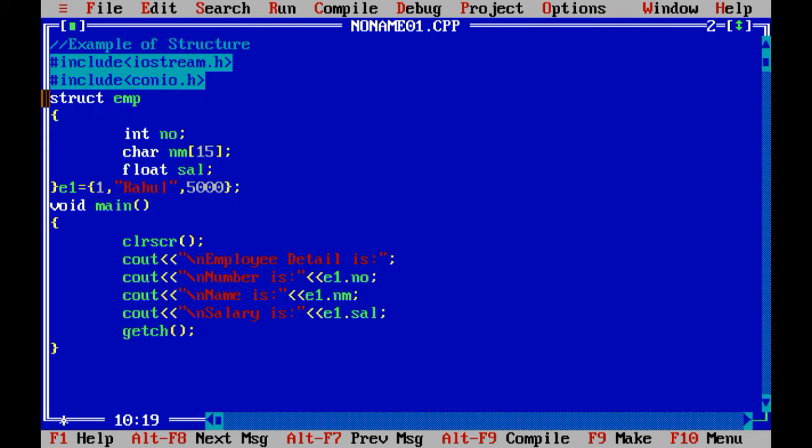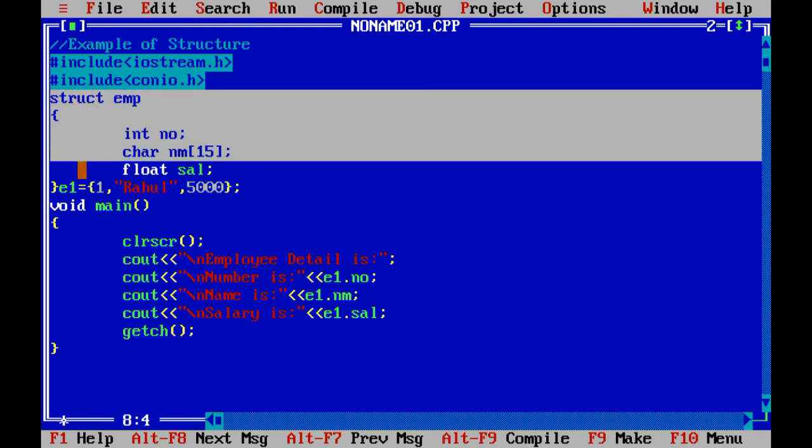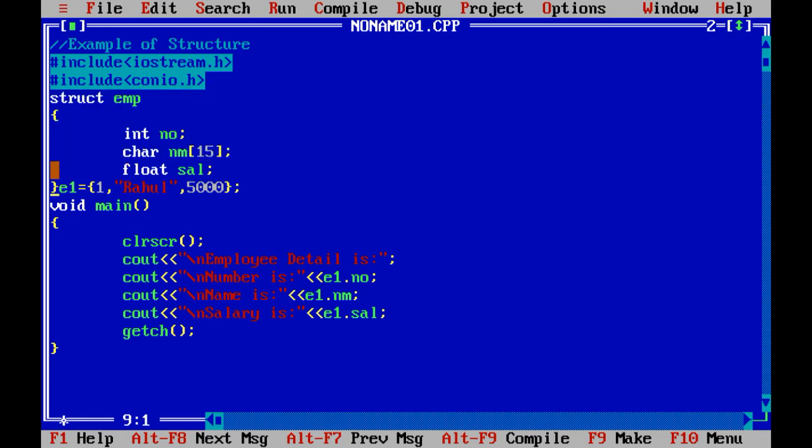How can I pass? When I create the structure, at that time only, after completion of that structure, I create the variable of that structure, that is e1, then equals to, then different types of values. So this is the second way.